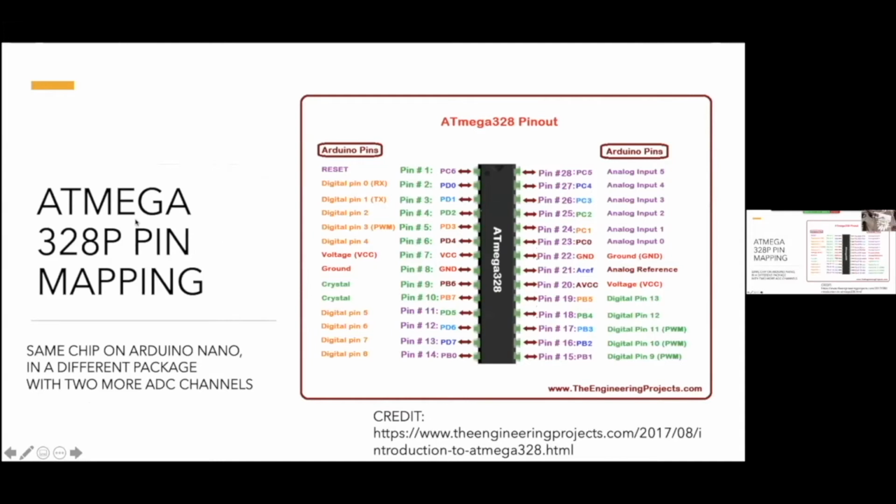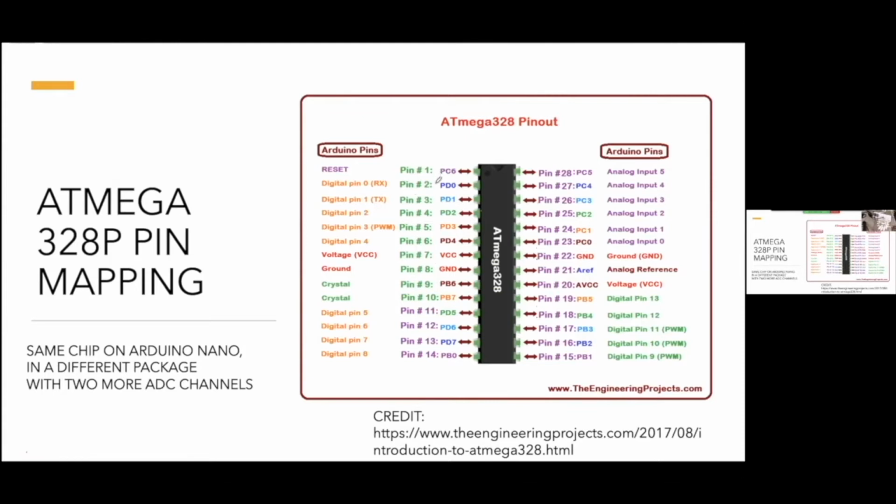Next, here, this is the Atmega 328P chip. This is the chip that is on the Arduino Uno and the Nano. On this chip we have three ports.